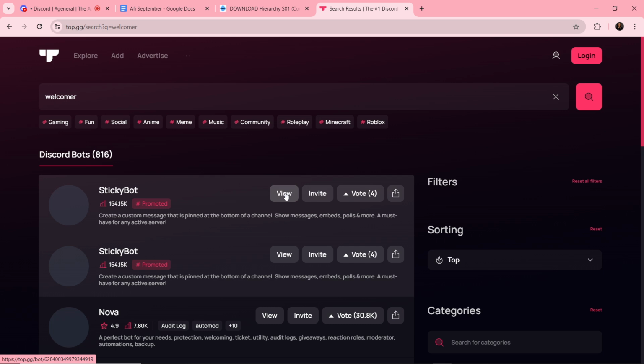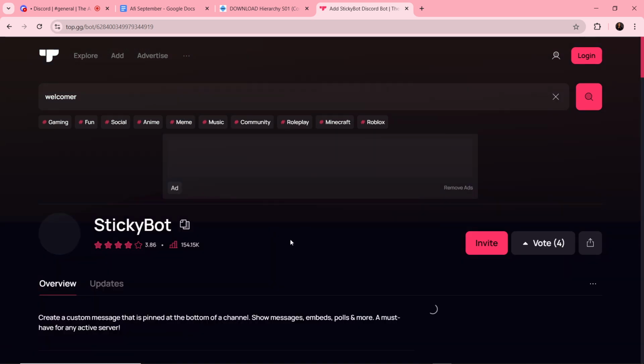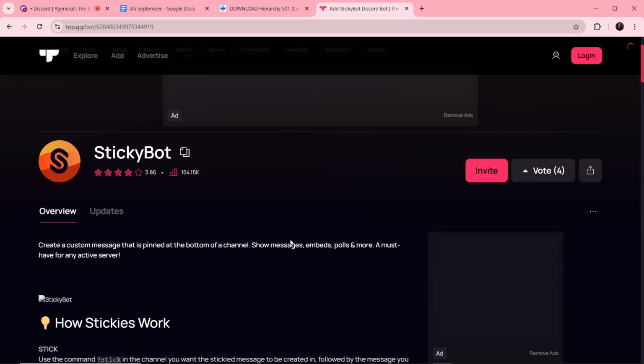Okay, so click on the bots. Let's say this is sticky bots and this is like a welcomer. The next thing you need to do is to look for the invite or add to server button. Now this is invite. So once you click on it, once you click on invite, it will redirect you to